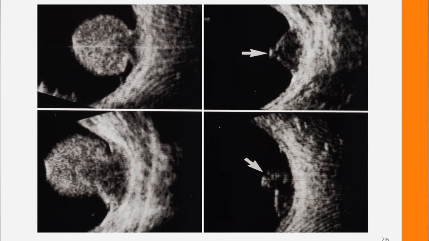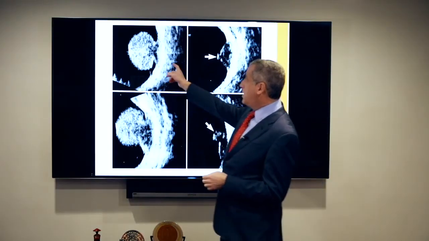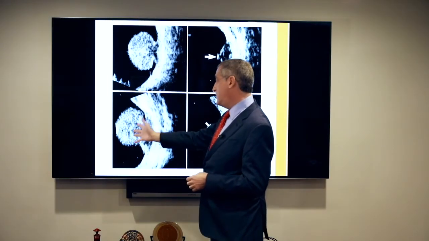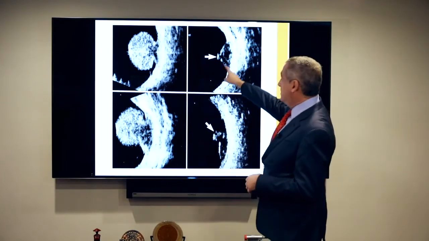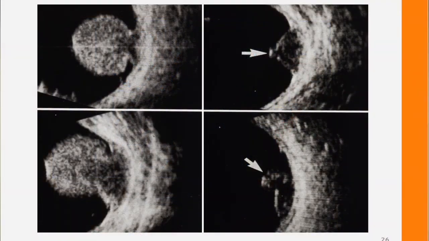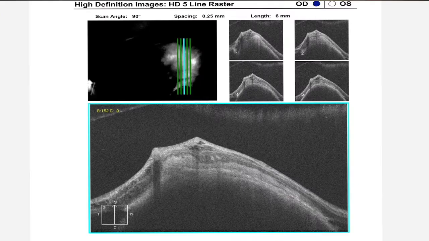Also, that mushroom shape that I talked about comes in different sizes and distributions. This is a more classic mushroom. It's a mushroom that's tilted over. This is a really tiny mushroom. And here's another mushroom. So it doesn't have to be just that classic shape that we saw in the first ultrasound. In fact, on this OCT, you can see a mini mushroom coming out of the tumor that might not